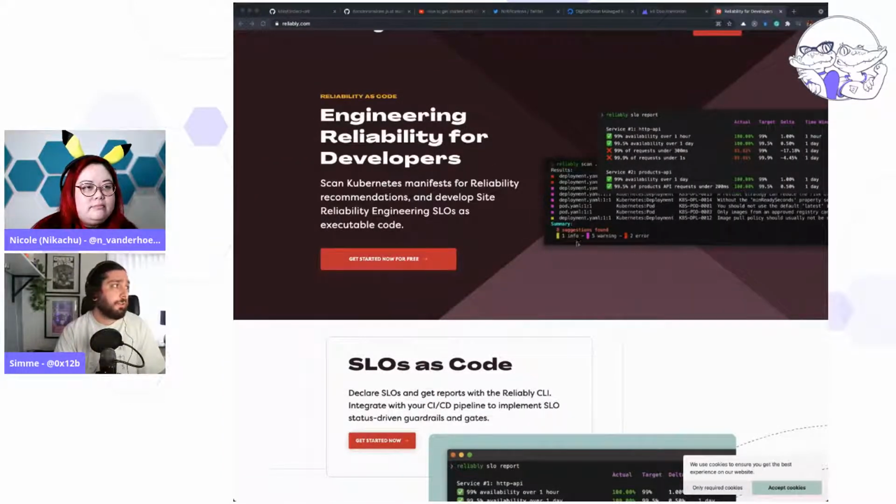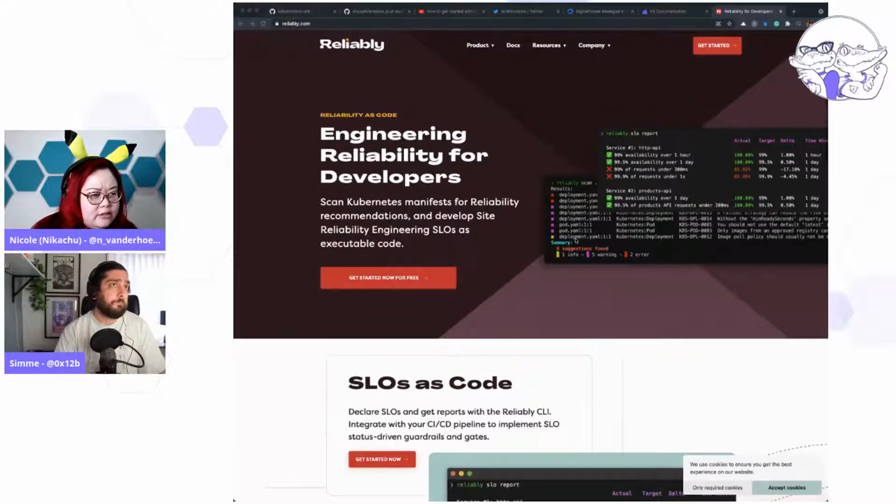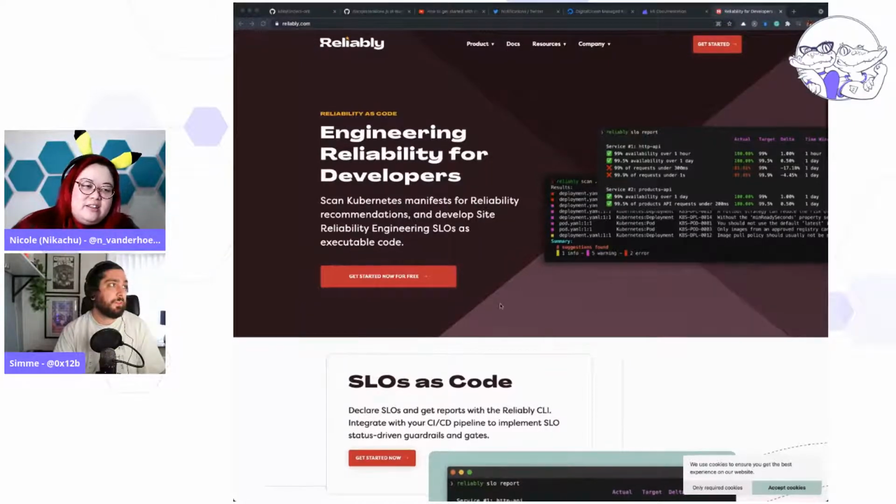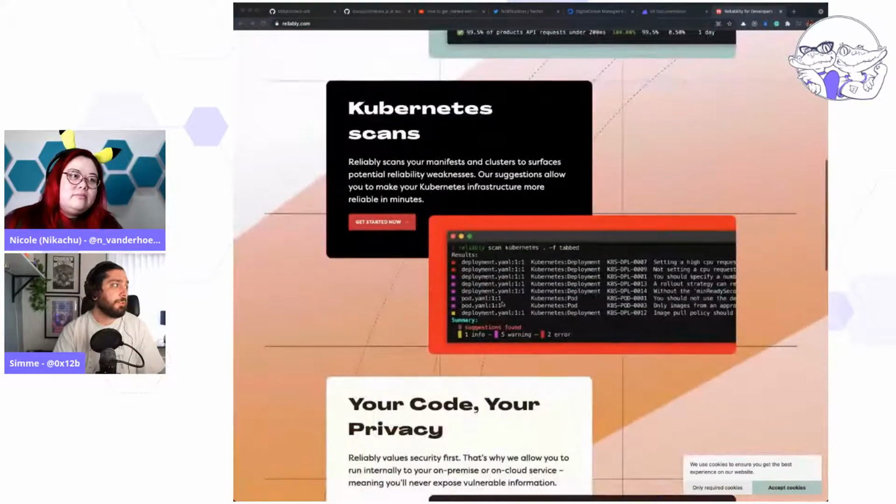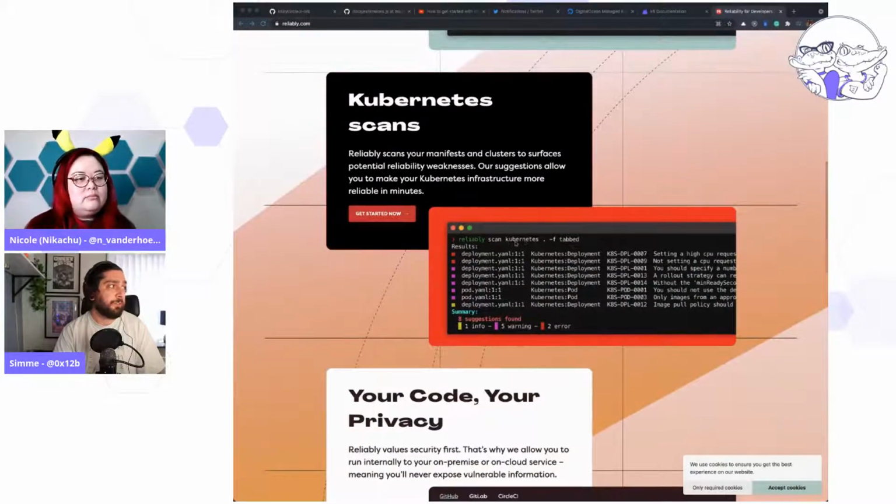So what does it actually do? It tells you what is wrong with the way you've configured it, right? Exactly. You'll be able to just run it against your Kubernetes cluster, for instance, and it will tell you any mistakes or issues you might have in your manifests or in your cluster state that you probably should correct to be able to get a